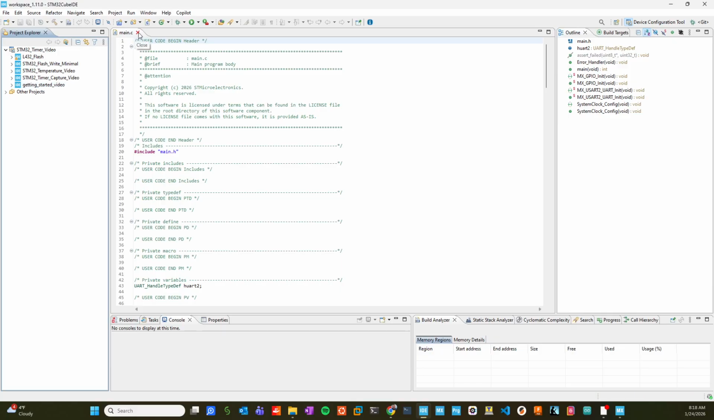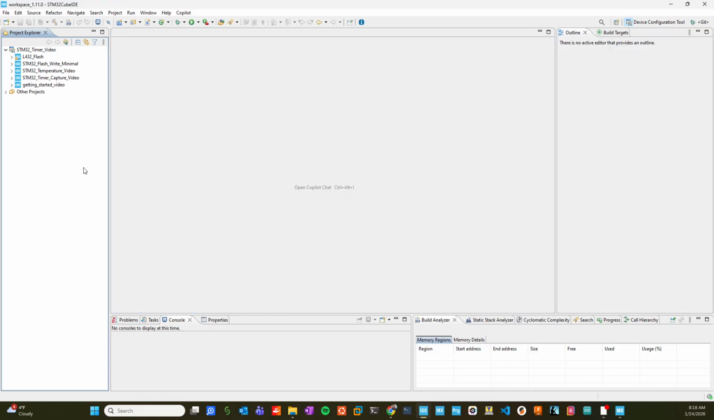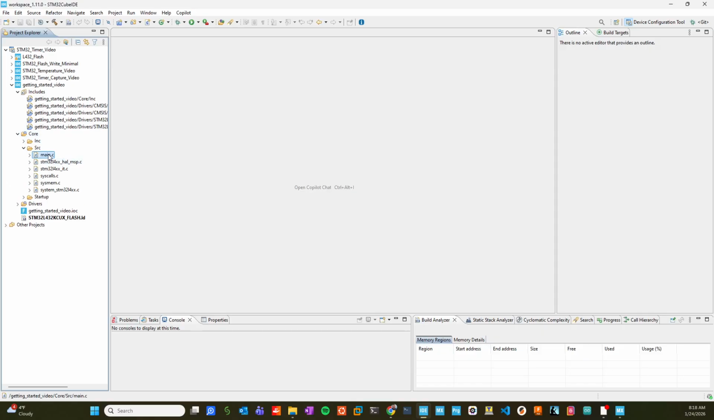And so I'm going to go ahead and close this main. Every C program's got a main. So that's from another project. So I'm going to come in here and start navigating through this. Here's all my includes. Here's my core, and under core source, you're going to have main, and depending upon the L432, it's not that big a deal, but you might